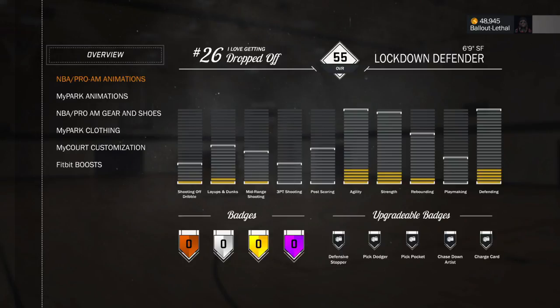The upgradable badges: defensive stopper, pick dodger, pickpocket, chase down artist, and charge card. To be honest, charge card is not even that useful. Plus, it's hard to get. You only need to draw 7 charges in a season, but 2K just makes it so hard to get the charge animation. Like, if you made a lockdown within the first 4 patches of the game,